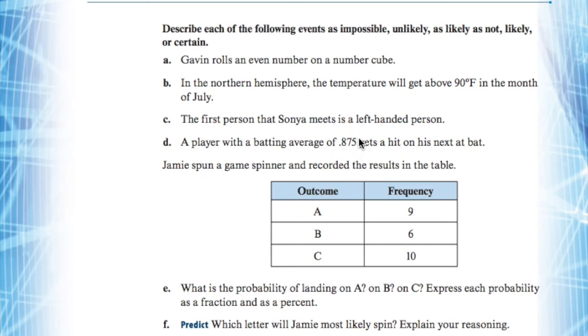875 is one of the best batting averages Mr. Shane has ever seen. That would probably give you the likelihood of saying the next time, wow, this person's really good before, he's probably going to be still pretty good when he comes up next.